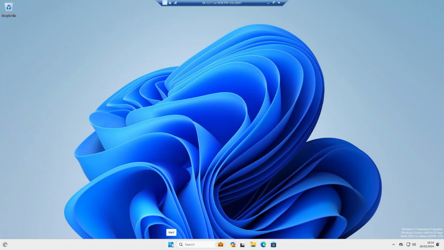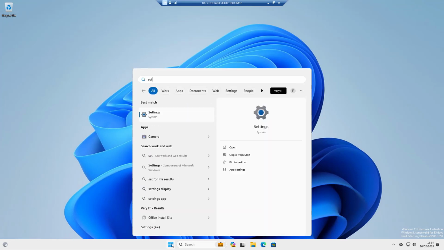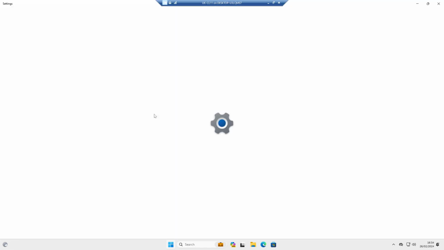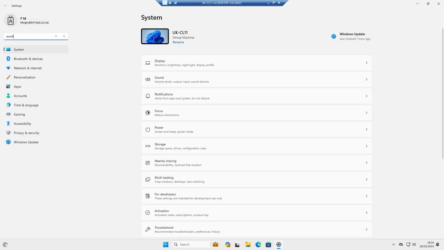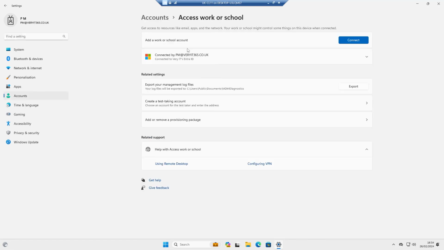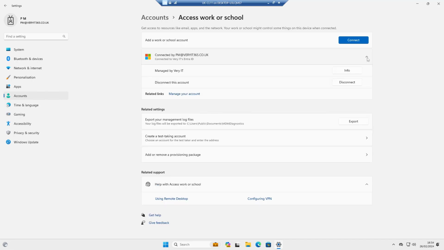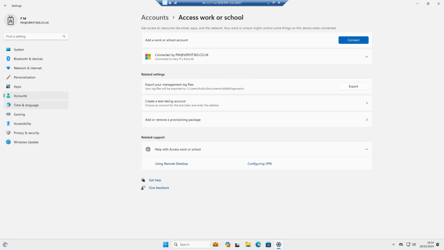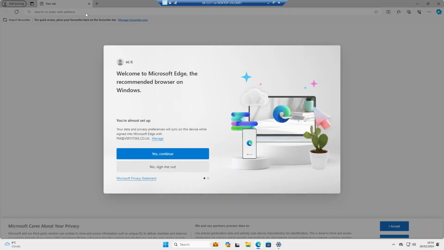Okay, so if we were to now go over to our start button, search for settings, and within here, you look for work or school. You can see it's connected to Very IT's Entra ID. Now, bear in mind, we've not connected it to the domain specifically. It's only just purely for it to be connected to our Entra ID, or what you know as Azure AD previously. Furthermore, if we were to navigate back to our admin portal,